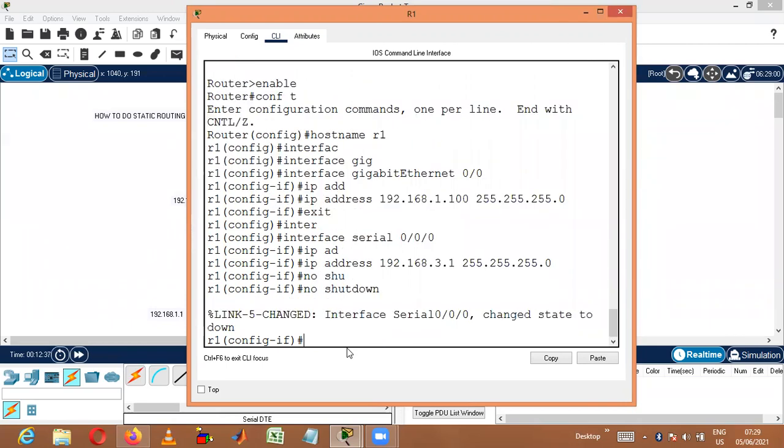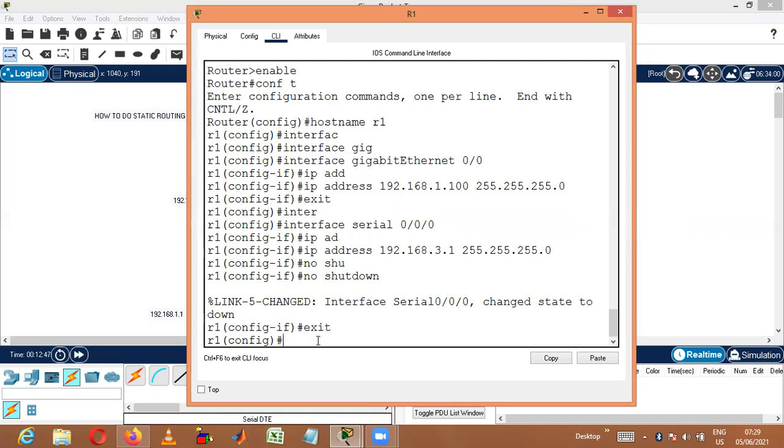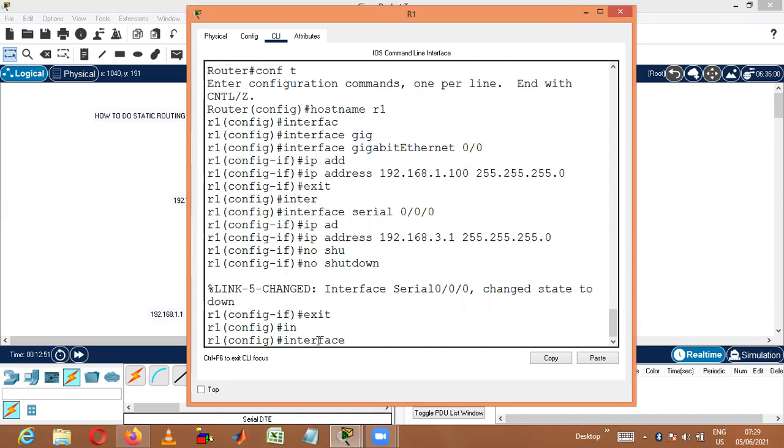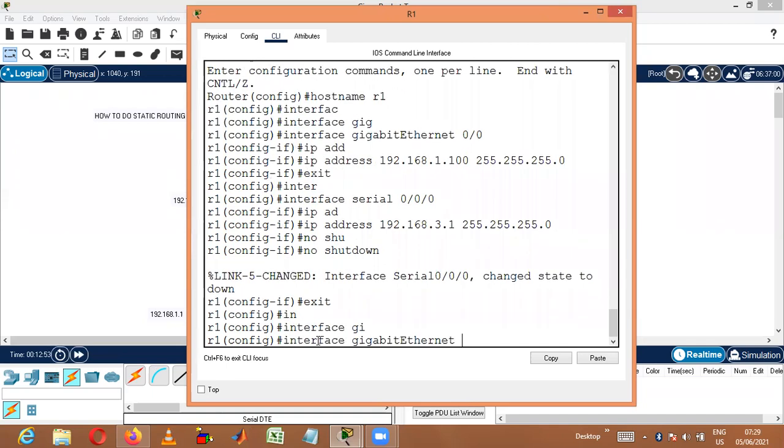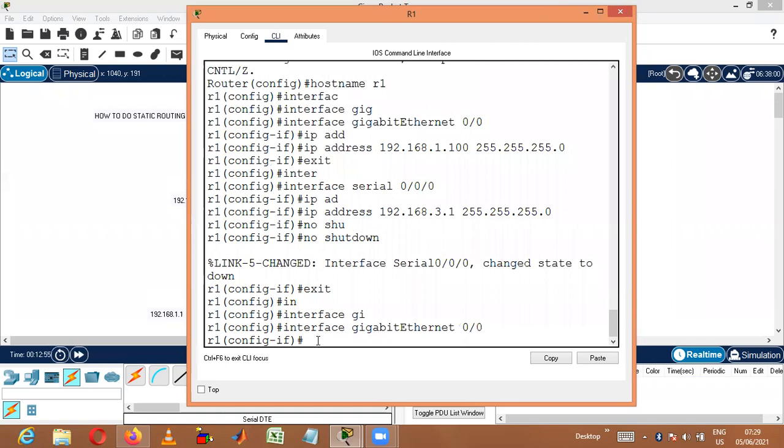I forgot to give the no shutdown in the case of 192.168.1.100, so I'll do it again for that port alone. Interface gigabit Ethernet 0/0.